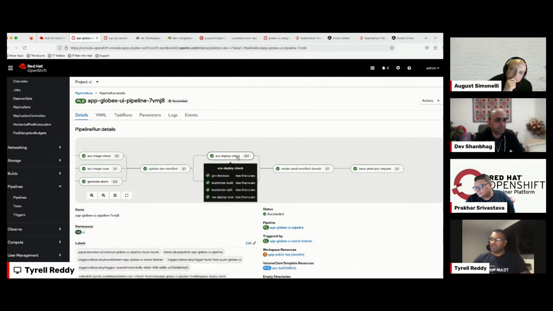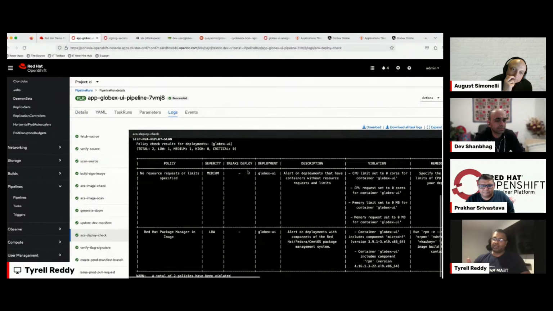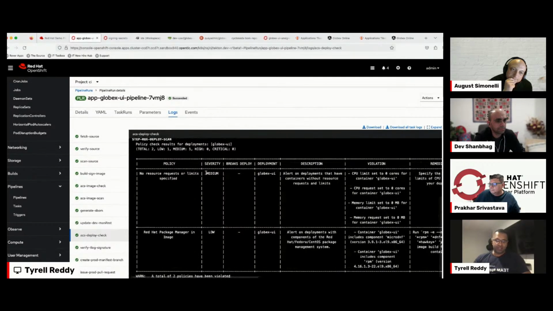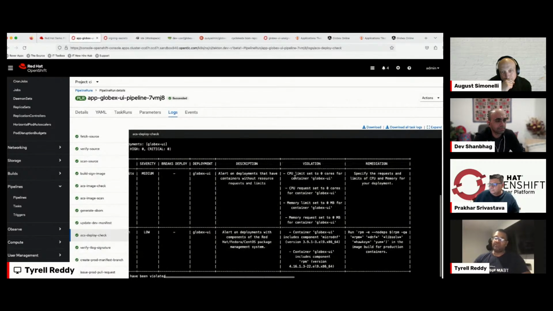For example, in this example, I've intentionally left out the requests and limits for your container. I've set it as a medium severity, just for alerting purposes,